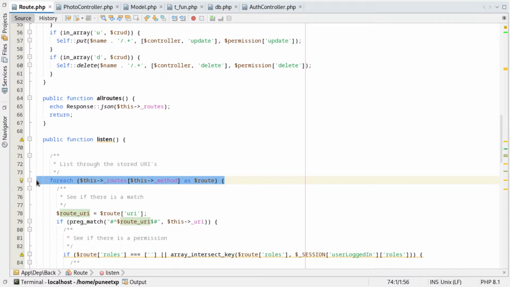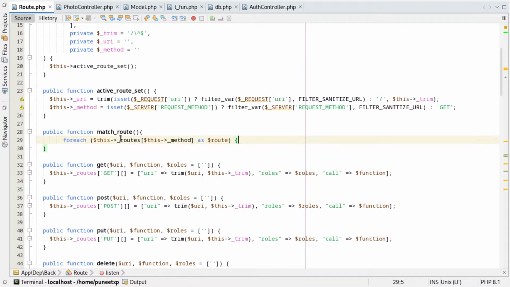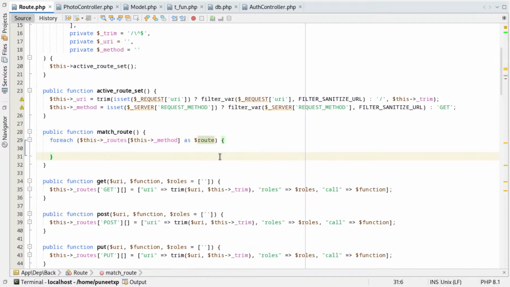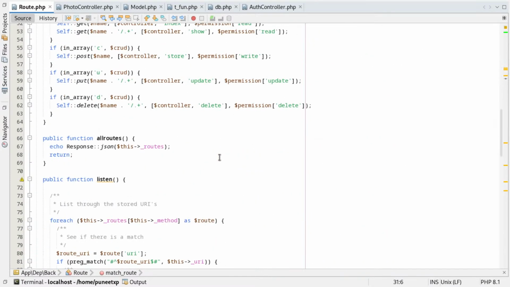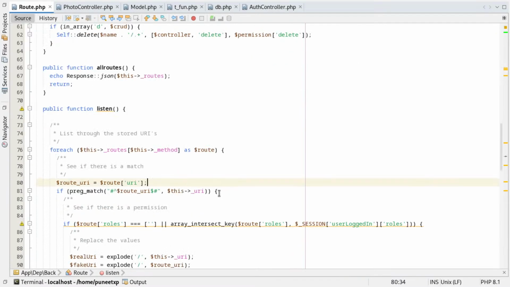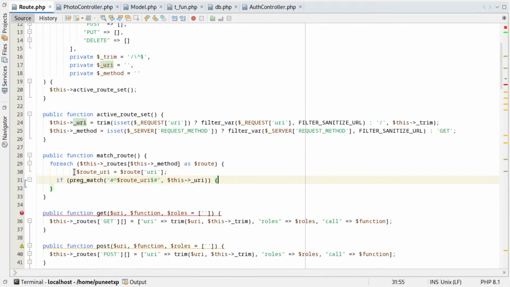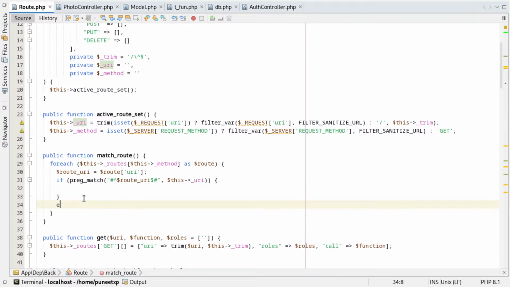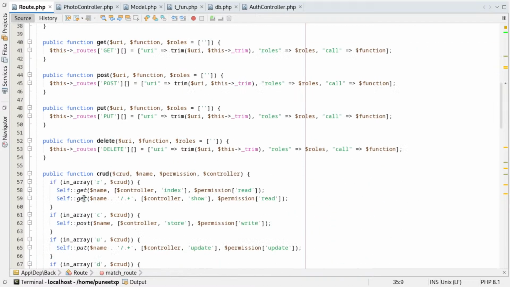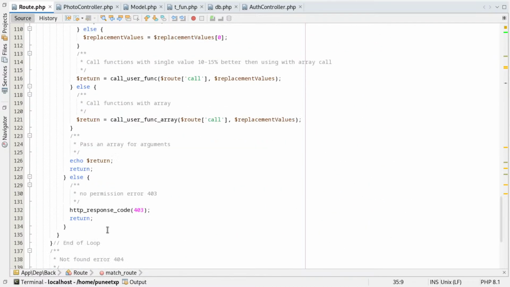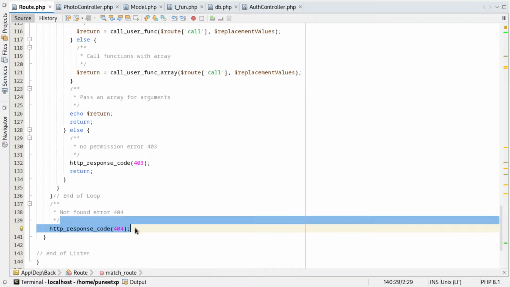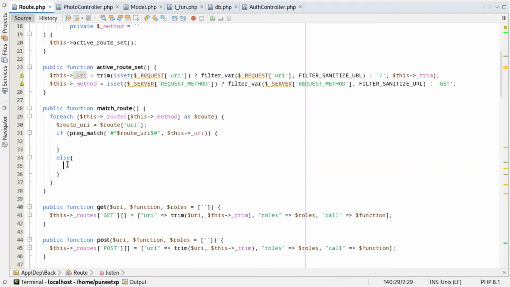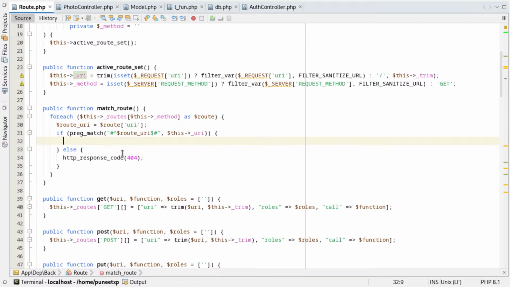I think it should foreach. So it's going to foreach, and if there is something matched, it's going to do something here, and if nothing matches, it's going to error out as a 404. So like that, and here it's actually going to make it